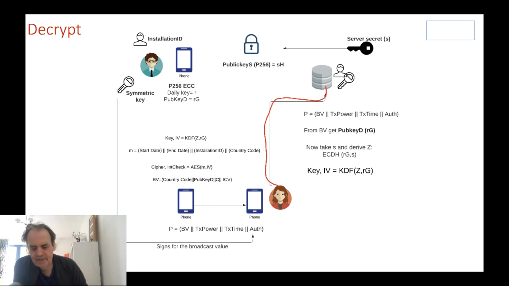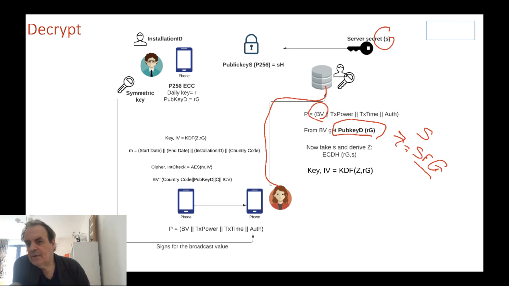When Carol then sends that forward, the server will take the BV value and extract Bob's daily public key. It will take its own secret value, S here, and derive Z. Z is equal to S times R times G. We take Bob's public key and multiply it by S to get Z. From Z, it's then easy to take Bob's public key and generate our encryption key, and then after that it's easy to decrypt